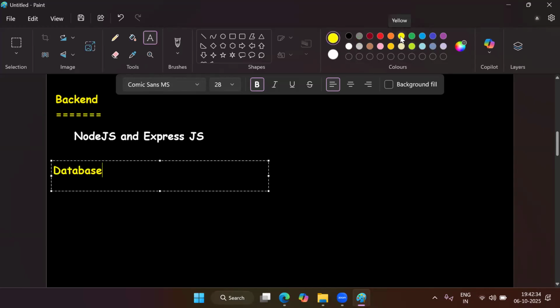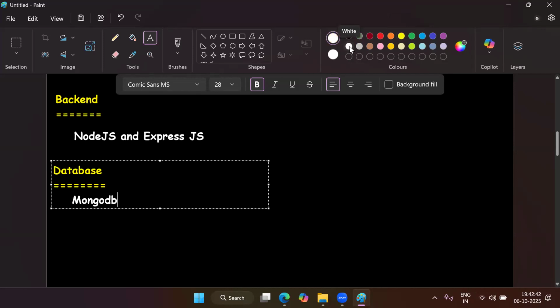So even if you don't know anything in database, no problem, because here we are going to use a database called MongoDB. I will be taking certain workshops or providing you certain videos on MongoDB and Node Express so that you can watch those concepts and we can use them in our application development.